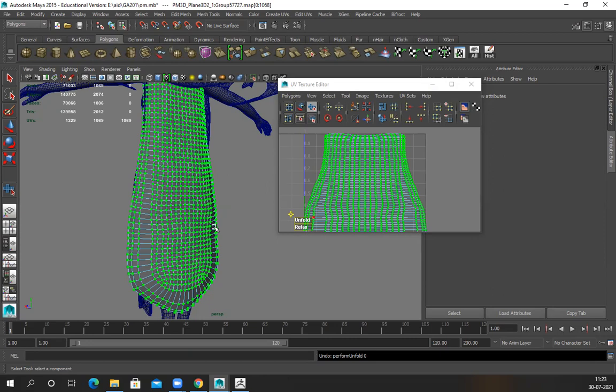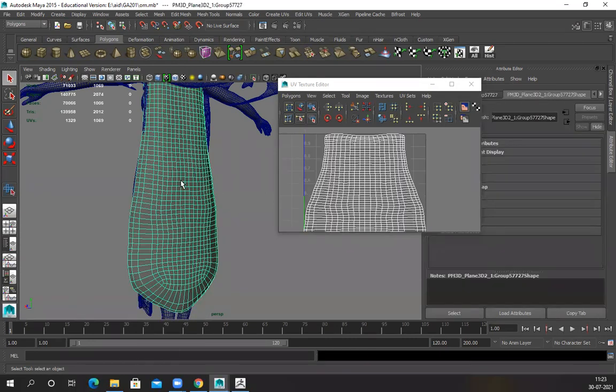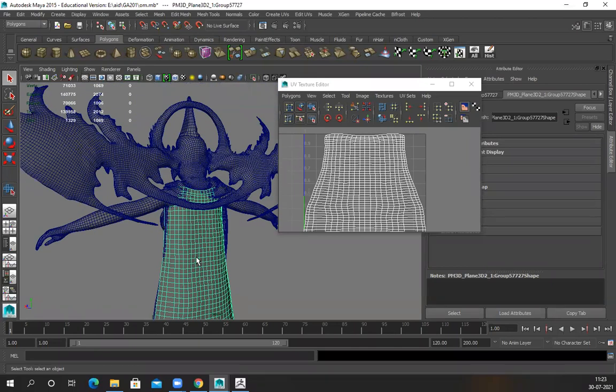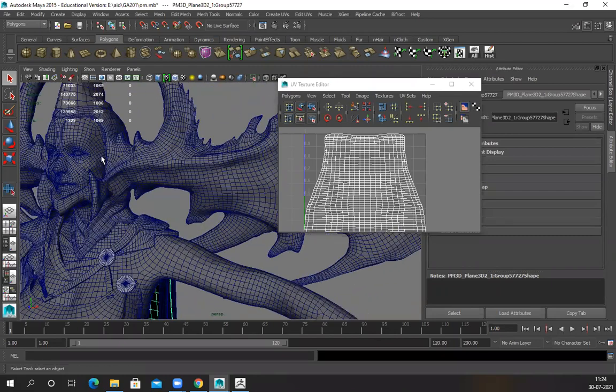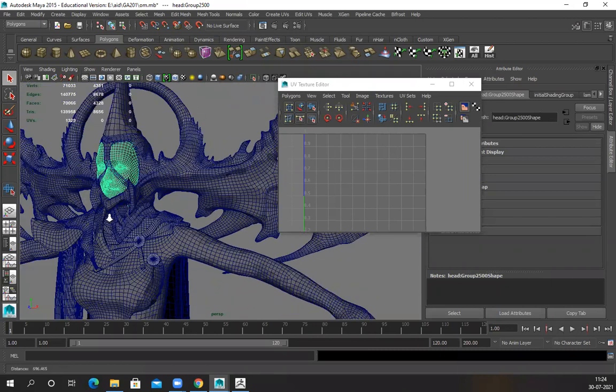But what kind of unwrapping are we going to do? Normal, normal. There's no pelt. But in ArtStation portfolios I have seen a lot of characters where they unwrap the character, the body, the skin and everything with a pelt unwrap. So why is that, sir? Tell me, where do they use pelt unwrap?